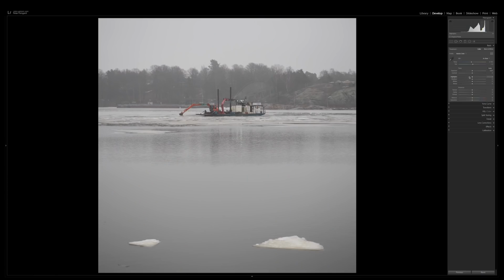But if you need to make your image brighter, then what you need to do is to increase the exposure, which is not something that I recommend. If you need to do that, then try the white slider first and make the whites brighter in the image. That will sometimes help, and it won't reveal that much noise if you use this slider called white.